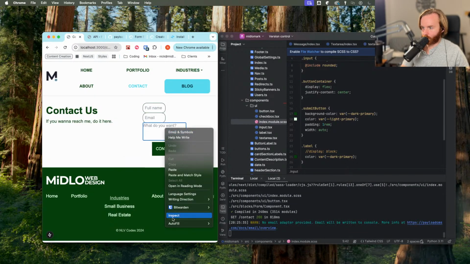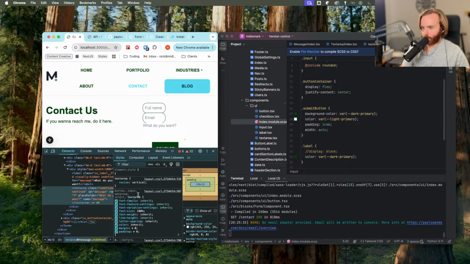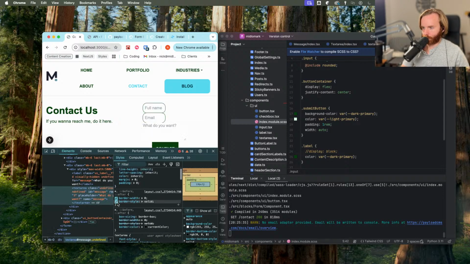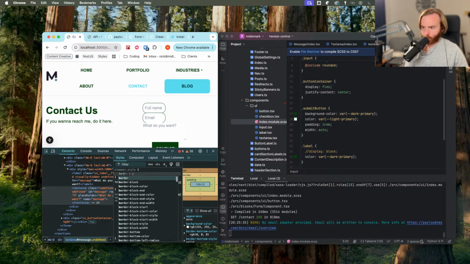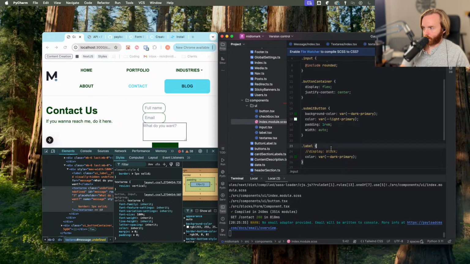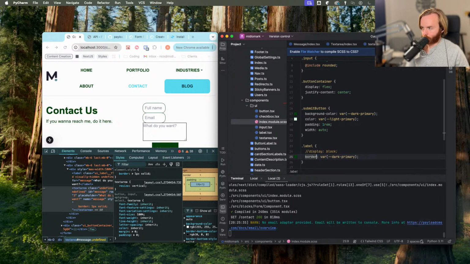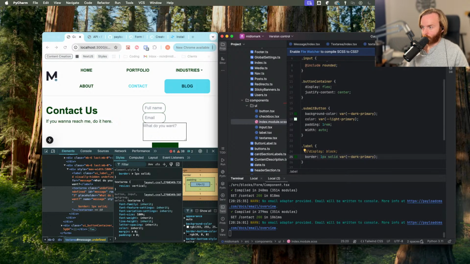Okay, so outline doesn't work here. So what are you supposed to be? Border. Yep. So we can change this to be border. Have this be also